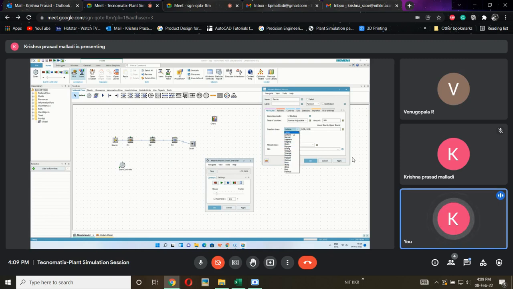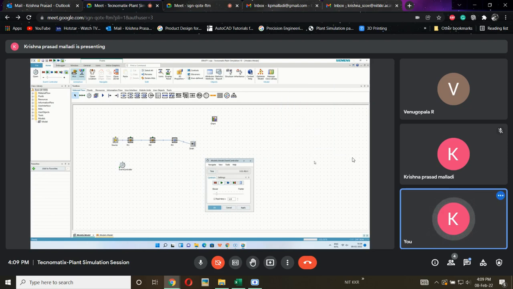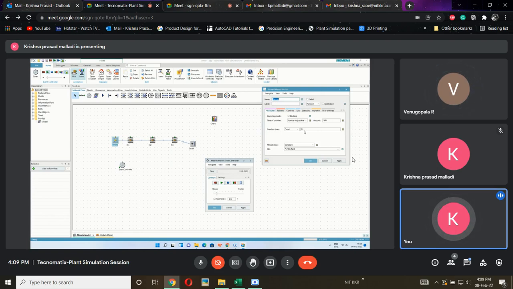Generally, they will be using constant at zero. Why? Because the input machines are continuously available for that input. So whenever a part is coming, automatically it will be injected to the first machine. That is what generally they will follow. That is why we will use constant as zero, default as zero.